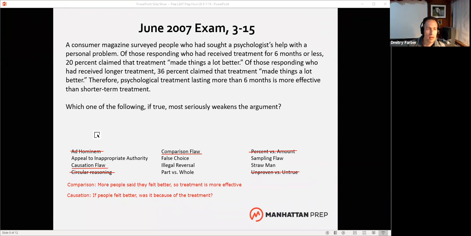Conditional has absolute in the conclusion. Therefore, this causes that, but there isn't a conditional premise. There isn't a premise that says, if you have this, then that. So it's not an illegal reversal, right? But you're absolutely right. The conclusion does say, if greater than 6 months, right? If greater than 6 months, not 60 months, then that's more effective than